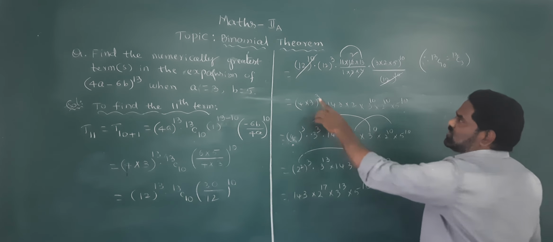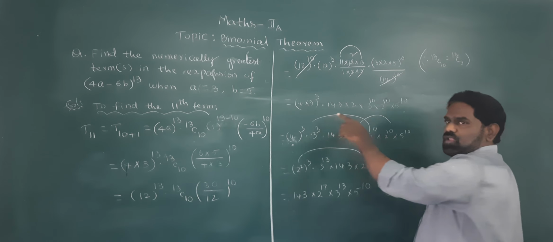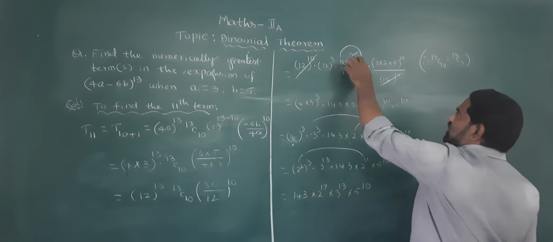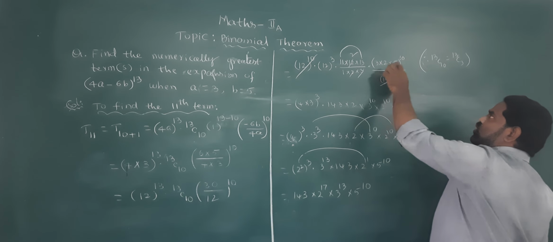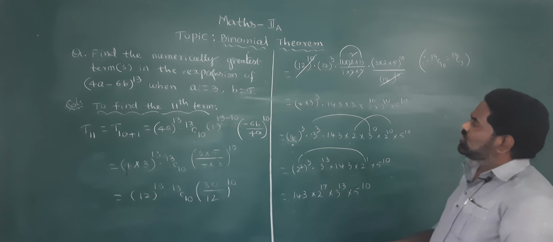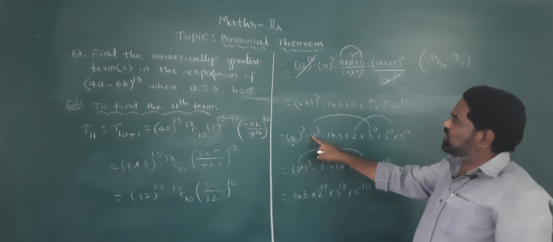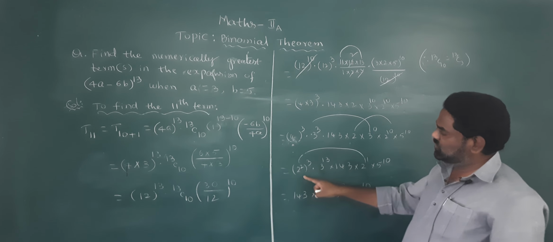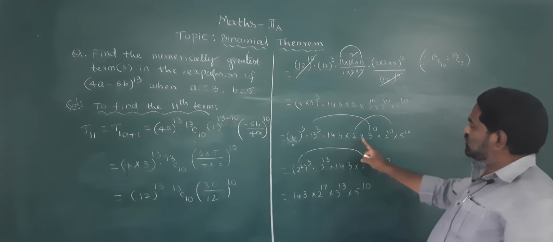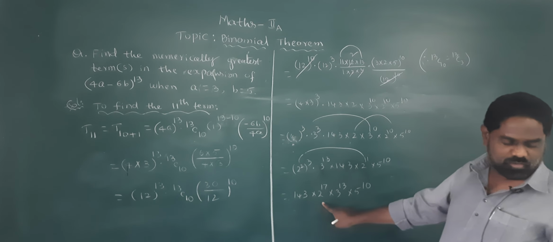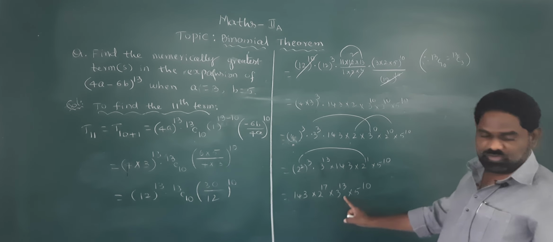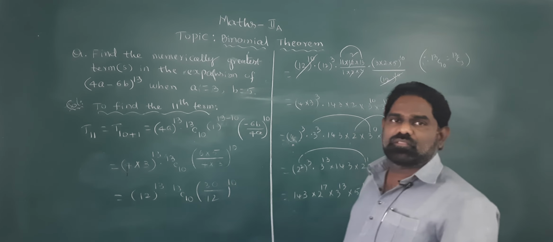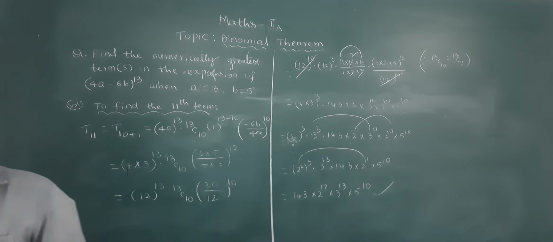Okay, this can be written as 4 3 is 12. This value is 11 into 13, 143 into 2, 3 power 10, 2 power 10, 5 power 10. This can be taken as 4 power 3, 3 power 3, 143, all simplified. This is 2 square power 3. All the 2 power terms take together, all the 3 power terms take together, and the 5 power term. This is our required result. The remaining problems we should do in the next class.